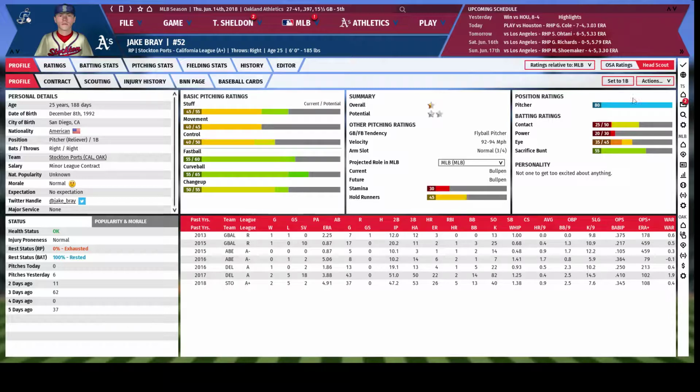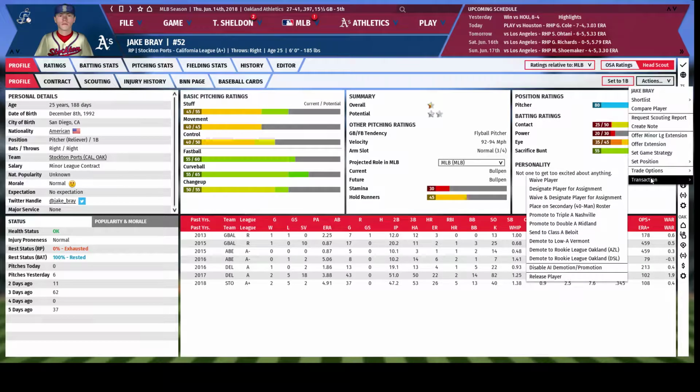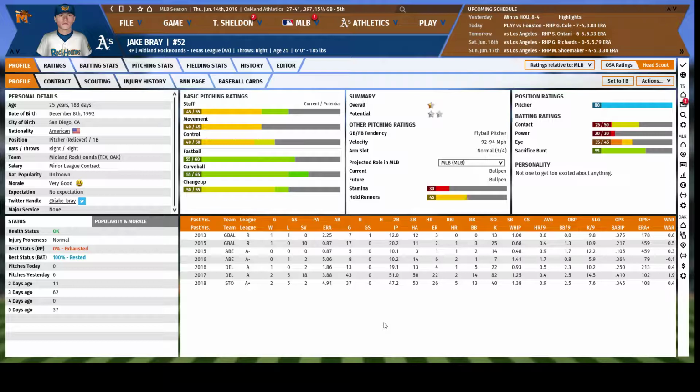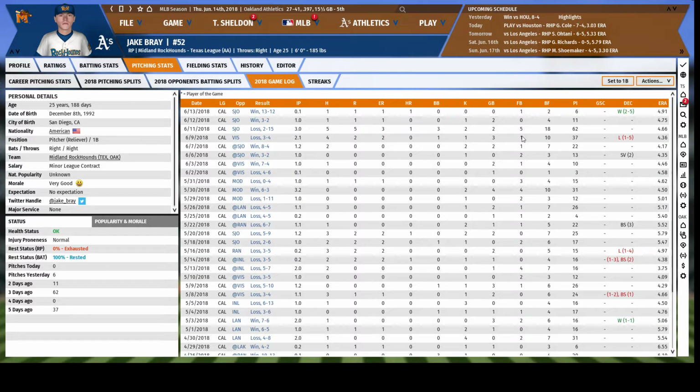He's 25 years old. Perhaps he does deserve to be sent up to AA. Like I said, there will be times where, and I'm only doing this based on his previous history, he's pitched well in the past at this level, that a change of scenery could help him. Yes, he struggled. If we look at his game log, we can see he's been inconsistent. He had a pretty good outing since May 22nd, and then he hit a snag